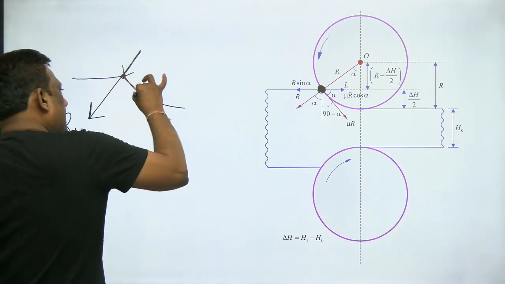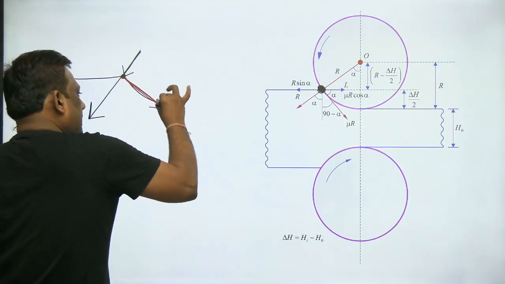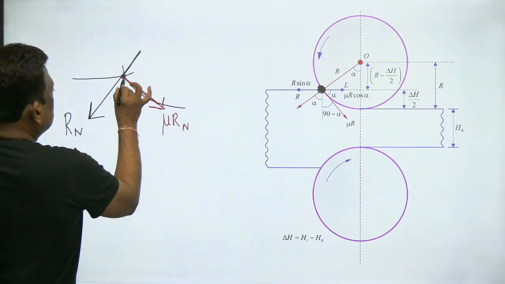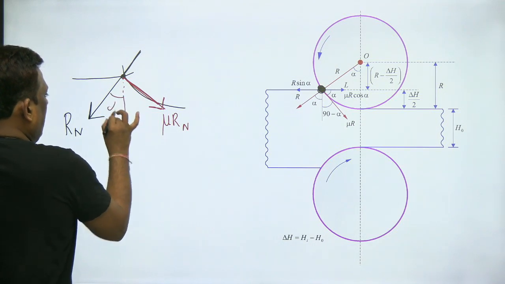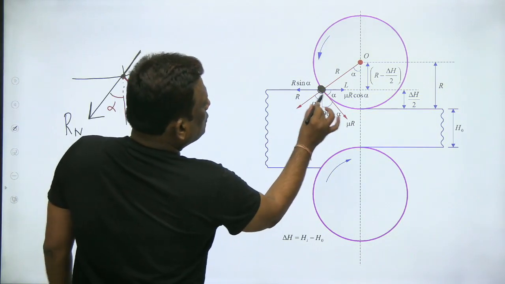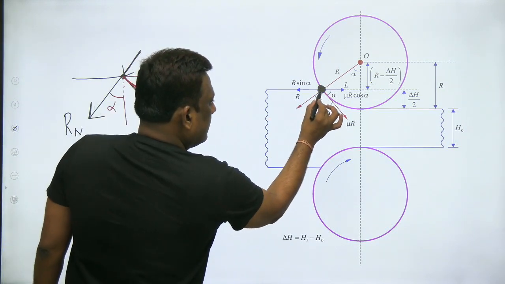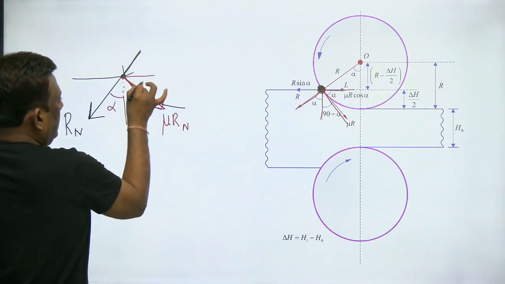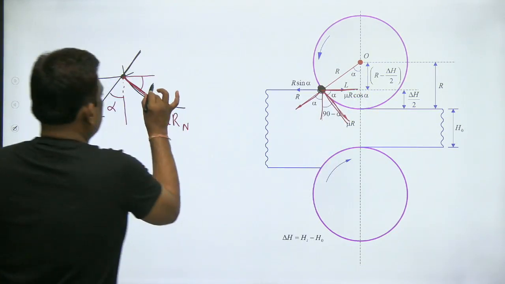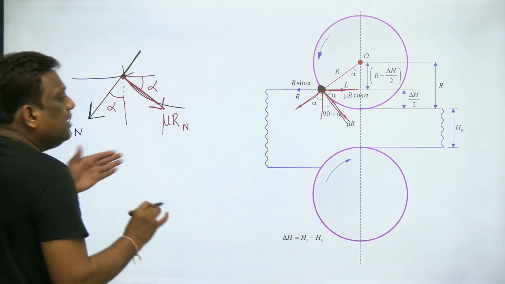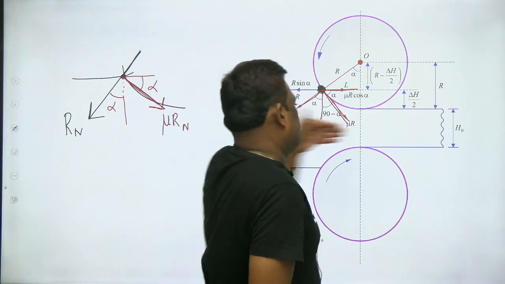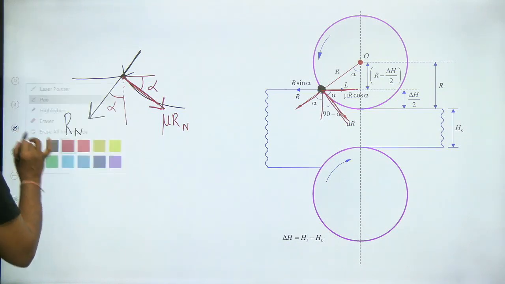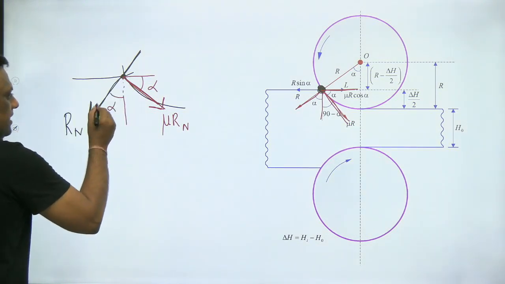So this will be your mu Rn. Excellent. And already you know with vertical, this angle is alpha. Okay. So now, and we also know this angle. From the figure, Rn with vertical is alpha, mu Rn horizontal, this is alpha from the figure. So I want this direction force. I repeat, I want this direction force. And in this direction, there is a component of this Rn. In which direction? Leftward direction.